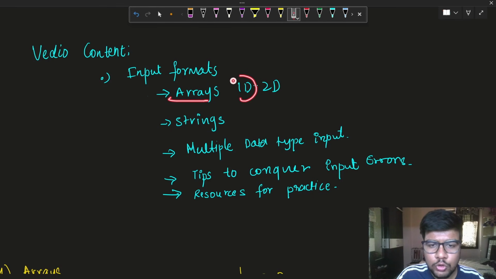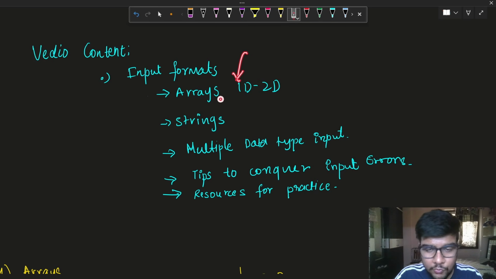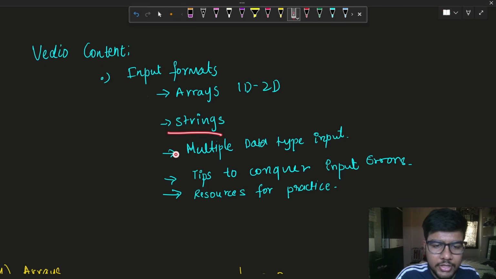arrays. In arrays there are two types of input, either 1D or 2D. Mostly many people are facing issues with 1D arrays. We'll see all the scenarios in this video, and we'll see how many types of input we can take in strings, and what if multiple data types are given in the input, and tips to conquer the input arrays